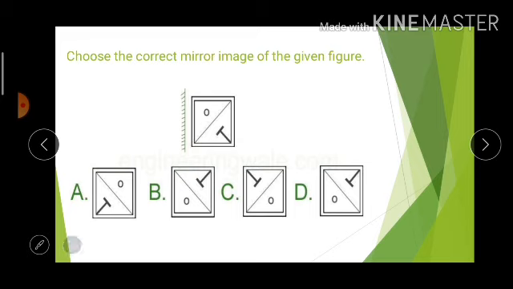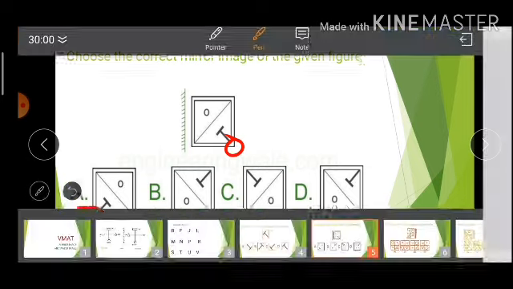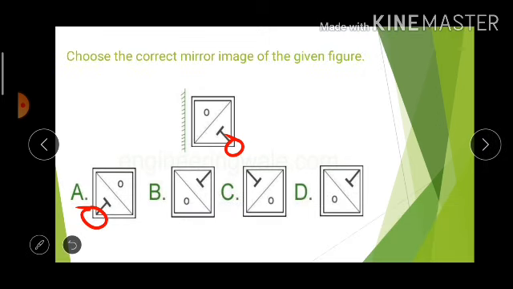Let us take a different example. Here the inclined T is again at the right hand side bottom. You will need an inclined T at the left hand side bottom. This is where you can see the T. For verification you can also verify using this letter O. This O is at the left hand side top of the real image. For the mirror image I'll need it on the right hand side. It is on the right hand side.